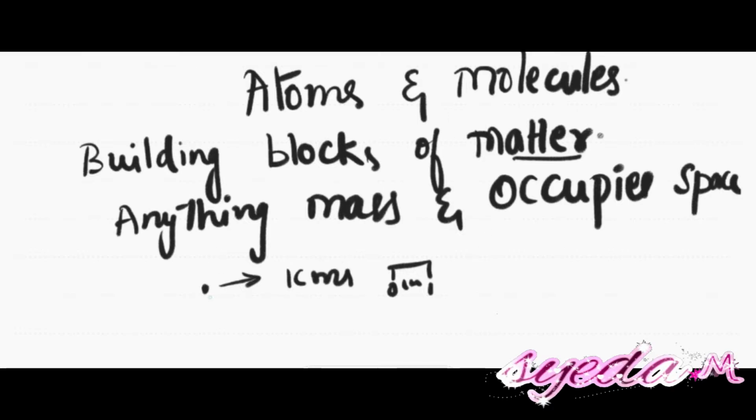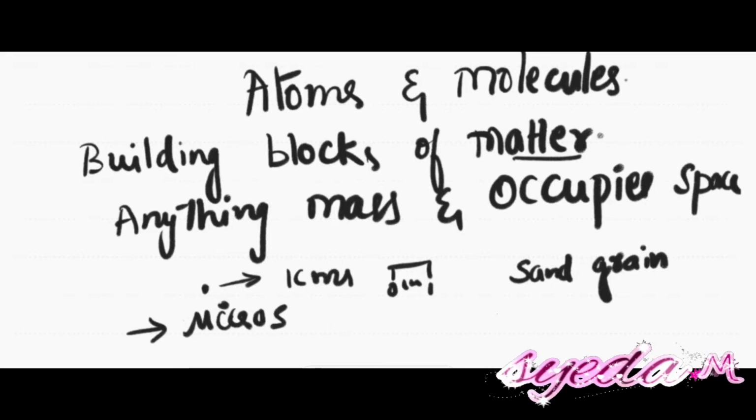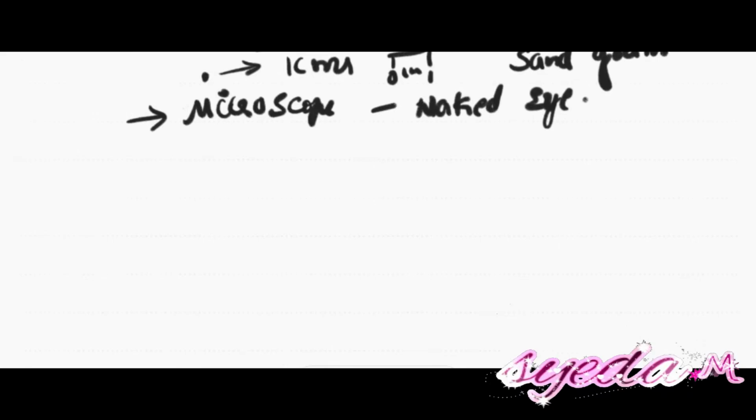So atoms are smaller than this. Even smaller than a small grain of sand. If you just take a small grain of sand, you know how small it will be. So atoms are smaller than those things. Without a microscope we cannot see atoms. That means we cannot see them with our naked eyes. Right? So then, how do we know that atoms are made up of subatomic particles? If you see the structure of an atom,